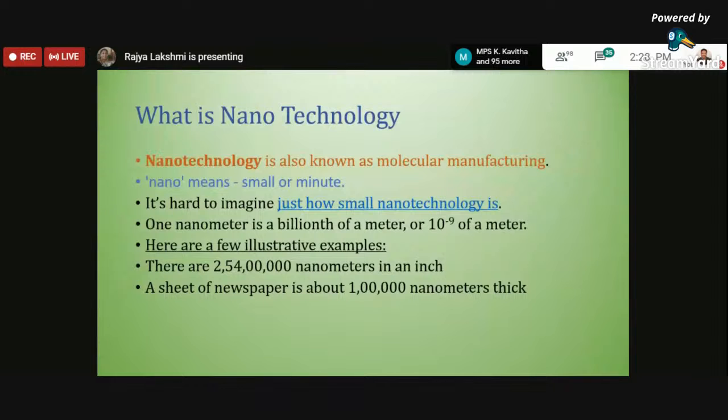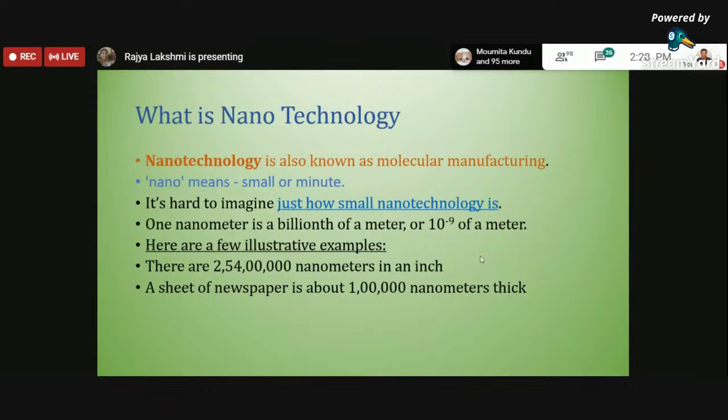So no need to take all these non-living objects. Let me take my own example. Suppose my height is 5.2 feet. People may feel that I'm a little short. But when I'm trying to express my height to others, I can say that I am around 150 to 153 centimeters. But in terms of nanoscale, I can say that I am 153,000 crores nanometers in height. So it will give a better reference, right?